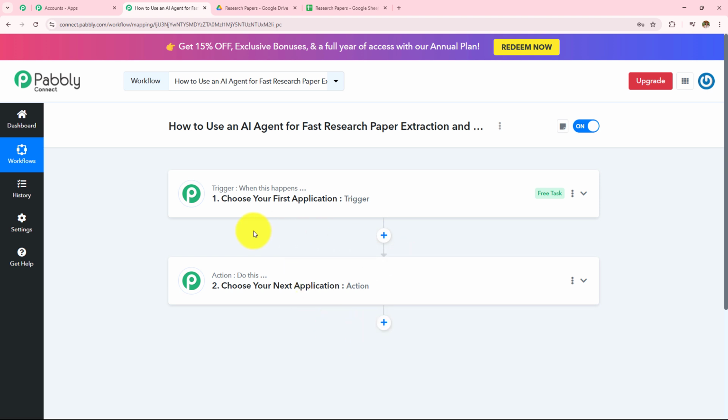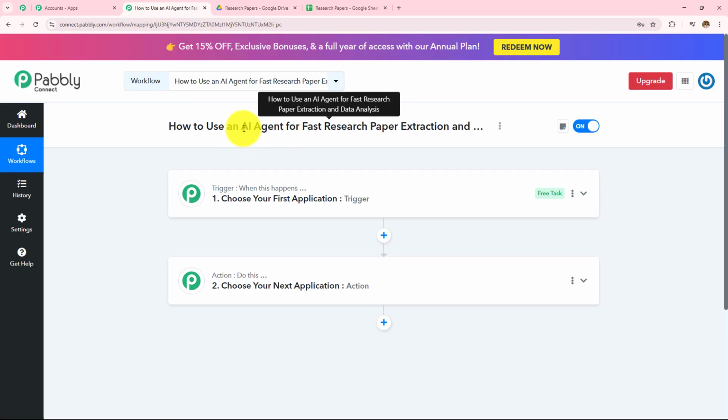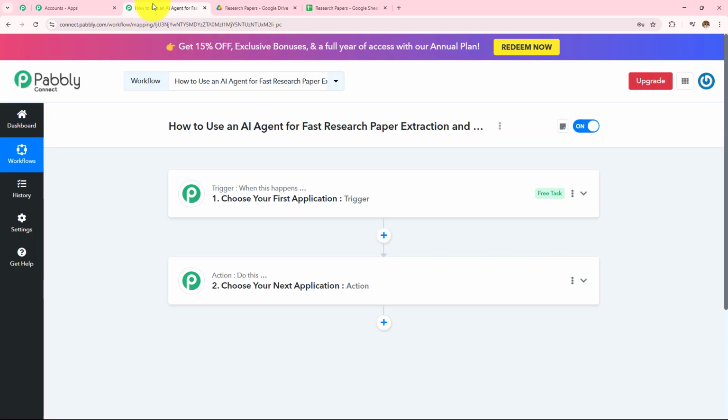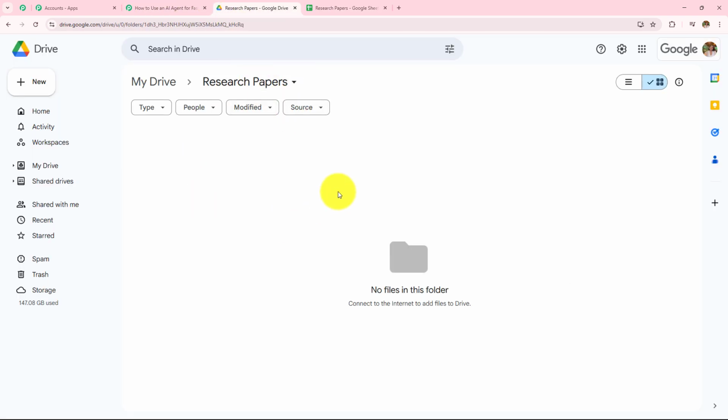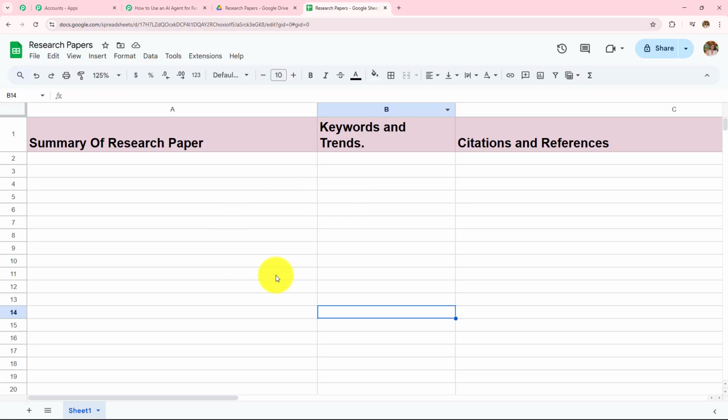Here in this workflow, I want to use an AI agent for fast research paper extraction and data analysis, which means I am going to upload a research paper in my Google Drive, and then OpenAI, here my AI agent is OpenAI, is going to extract the summary, keywords, trends and references of this particular research paper which I'll be uploading in my Google Drive, and then I am going to add that to my Google Sheets.